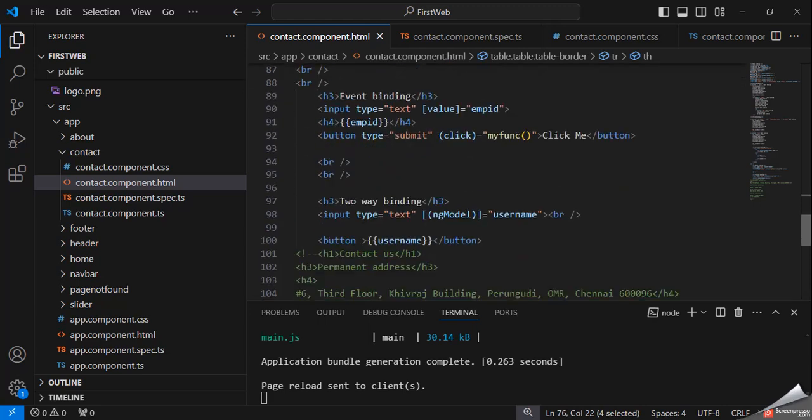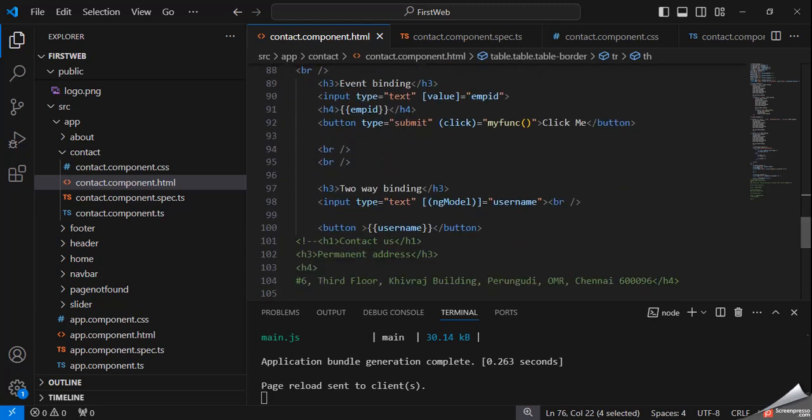Next thing is the event binding. What is event binding? It means we can perform operations on the basis of an event, like on click, on submit. On these events we want to perform some operation. So suppose here in event binding, we are trying to print the value of employee ID.